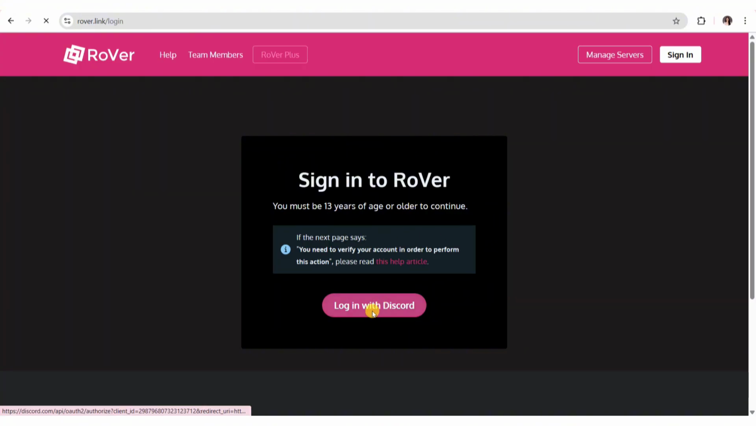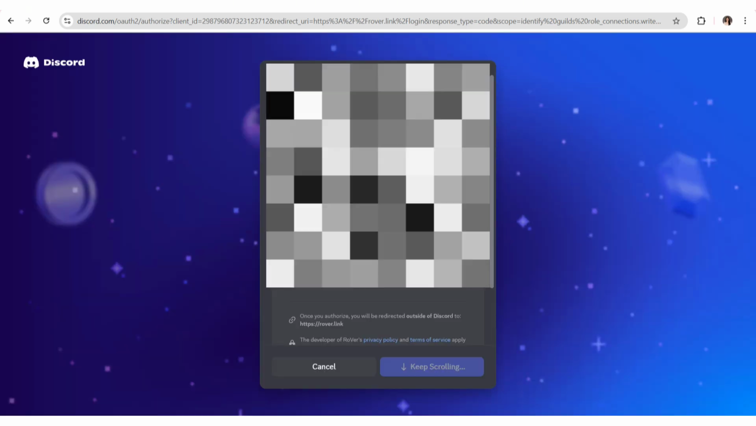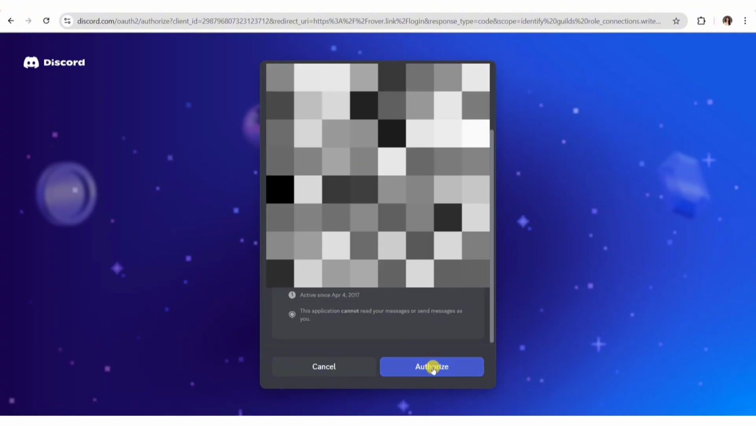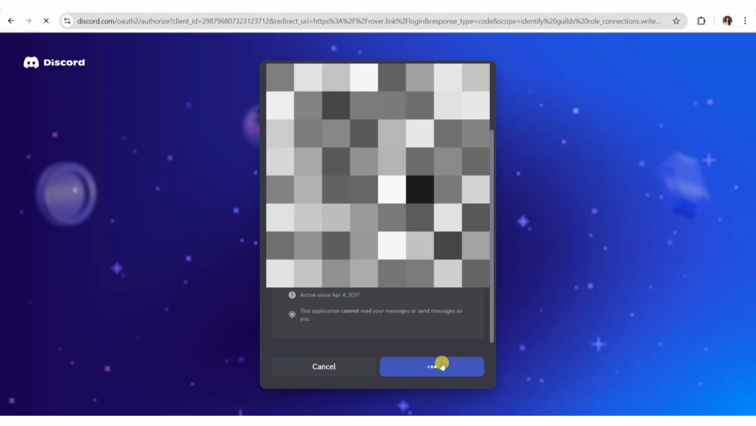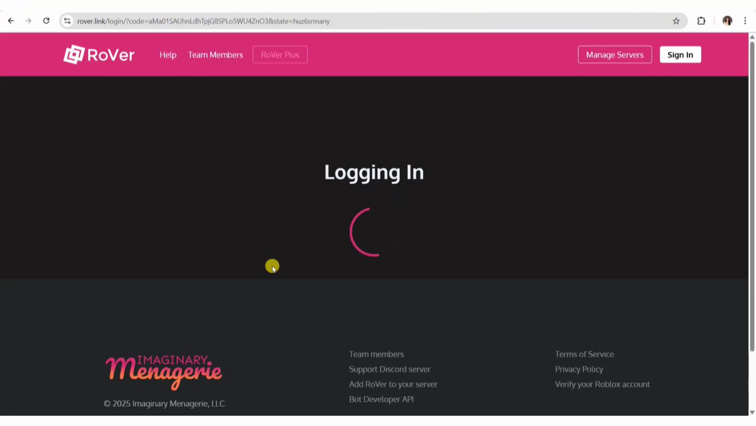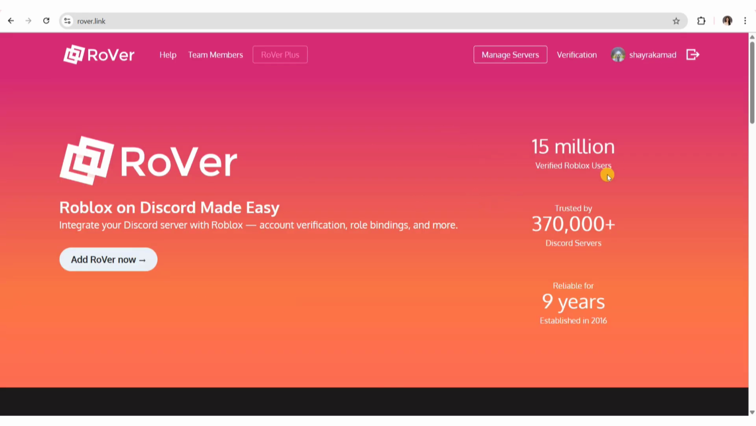So click on login with Discord account, and then that will redirect you to the section where you'll need to authorize Rover to have access to your Discord account. So scroll down and click on authorize, and then you'll be logged into Rover. So click on verification at the top right,